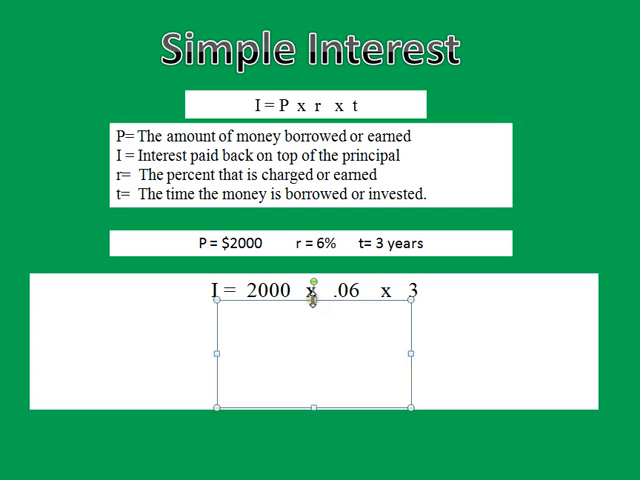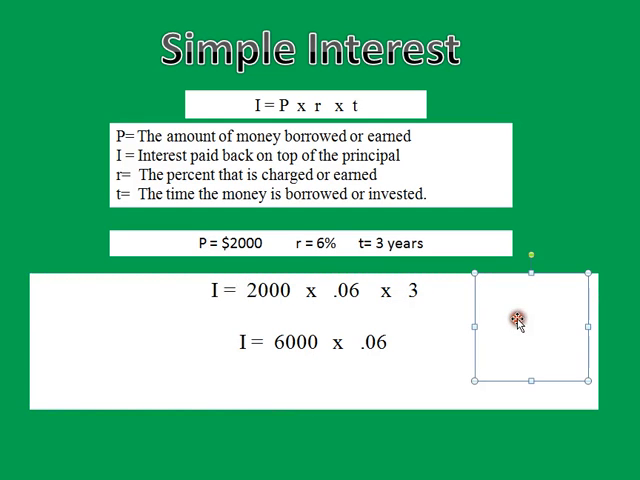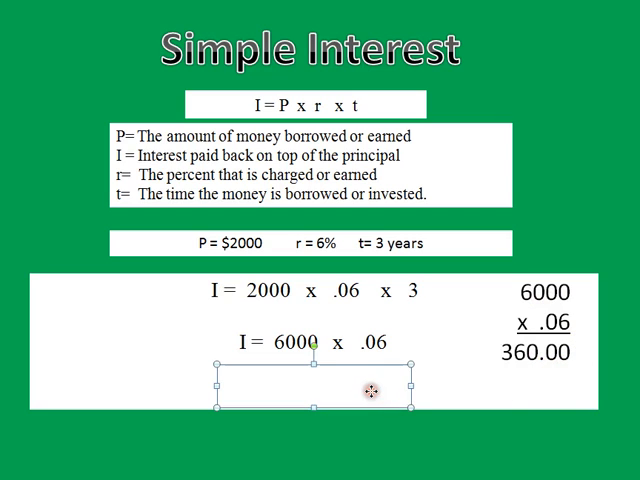Okay? So what I'm going to do is I'm going to multiply. And the first thing I chose to do, because it's easy, is 2,000 times 3. So 2,000 times 3 is 6,000. 6,000 times 0.06. Remember, multiplication is commutative. I can do it in any order. It doesn't matter what order I multiply the numbers in. And over here I'll show you that 6,000 times 0.06. I have 6 times 0 is 0, 6 times 0 is 0, 6 times 0 is 0, 6 times 6 is 36. I move the decimal over twice, and my answer is